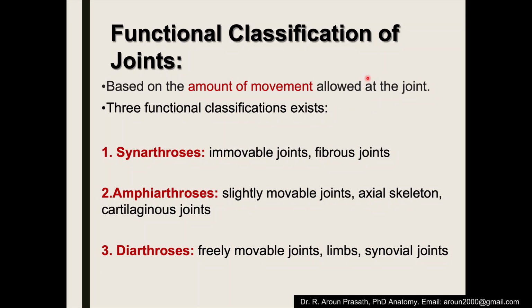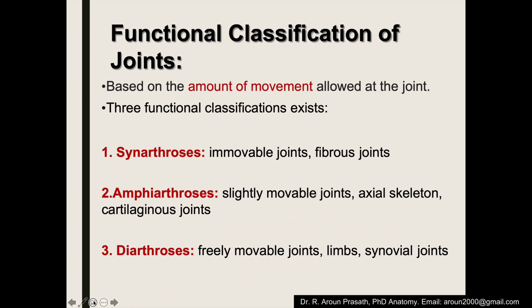It is classified according to the amount of movement allowed in the joint. One is synarthrosis, that is immovable. As I told you, it is a fibrous joint. The second variety is amphiarthrosis, slightly movable, and it is a cartilaginous joint. For example, between vertebral bodies, and in the sternum and the ribs, there are cartilaginous joints. Diarthrosis, as such, covers all the major joints in the limbs, which are freely movable, and which we call